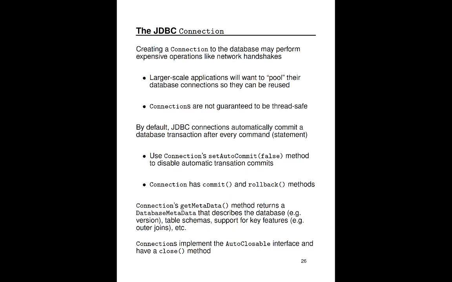Let's explore what a Connection object is all about. The connection itself can take a while to get up and running, right? Sometimes there are network handshakes involved. There might be authentication, lots of stuff being passed back and forth. So the connection itself can be relatively expensive. This is why, if you have a large application, you want to pool your connections, meaning you reuse your connections after you're done with them. And there are libraries that you can use that will pool the connections to the database